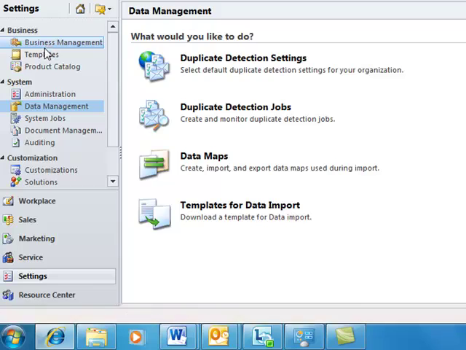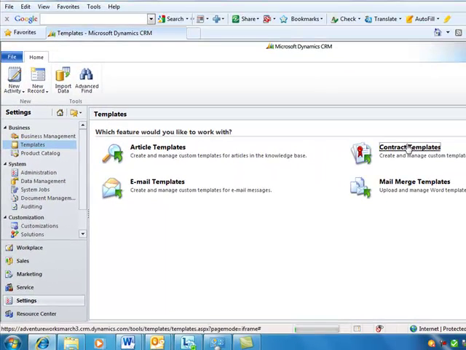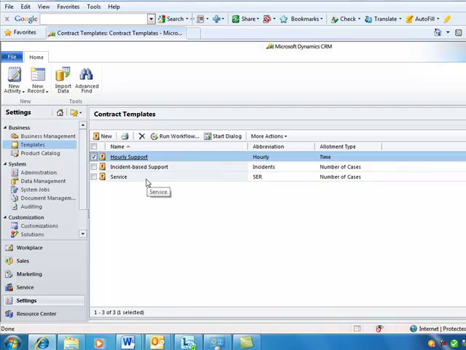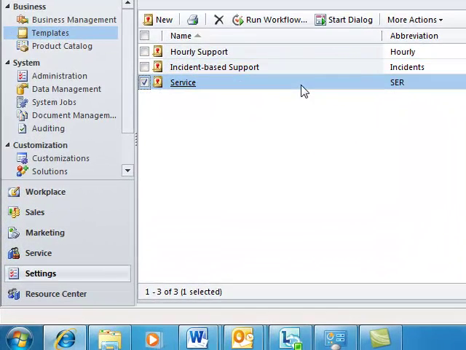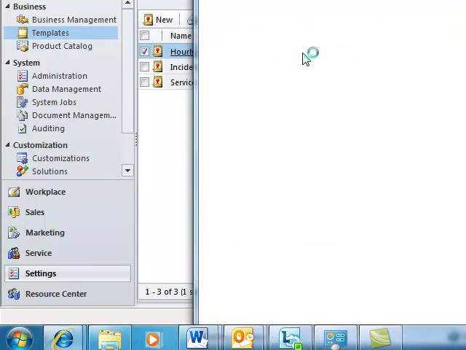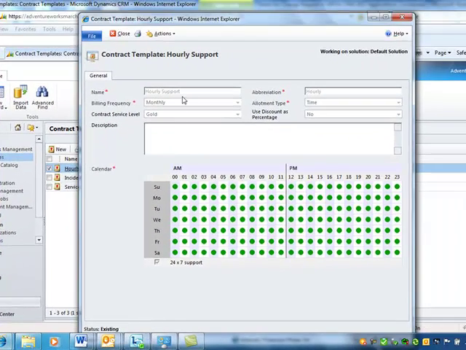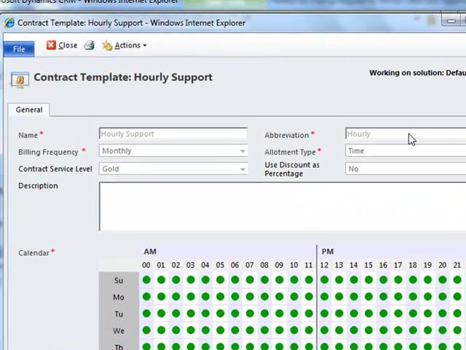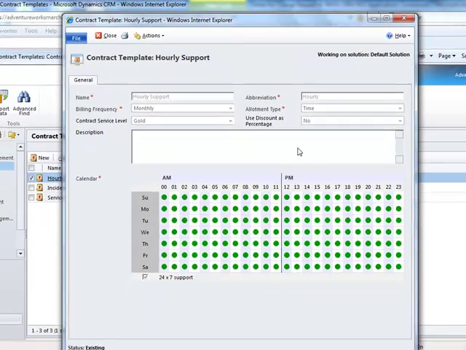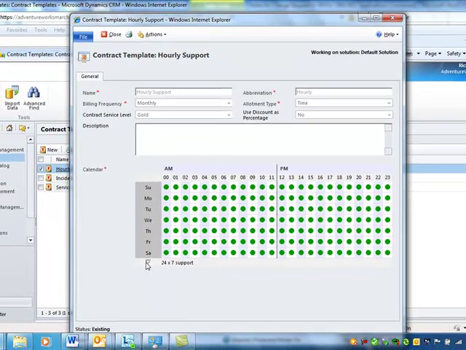If we go to Settings, Templates, Contract Templates, here are the two that have been added. This service one is a default, that's already going to be there. So I added hourly support. The name and the abbreviation need to be exactly what you see here. The allotment type, that's important, needs to be time, and you can't save it without filling in a calendar, so